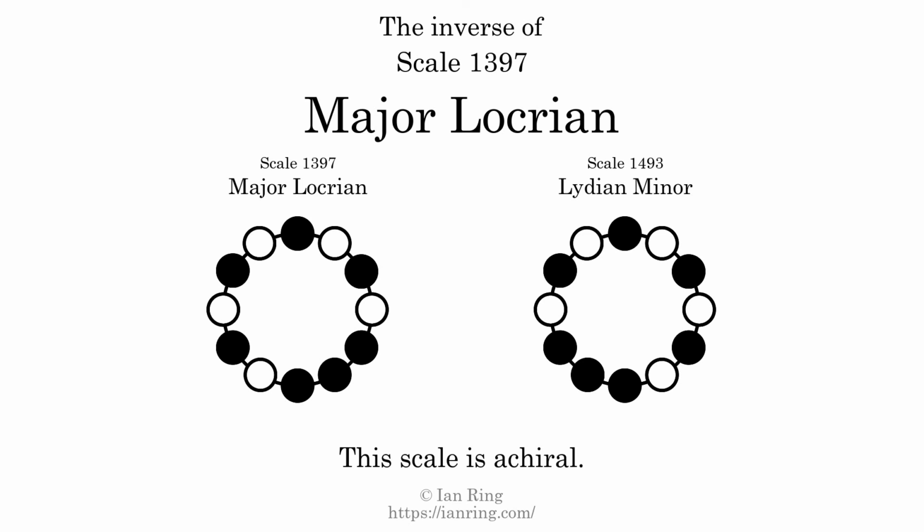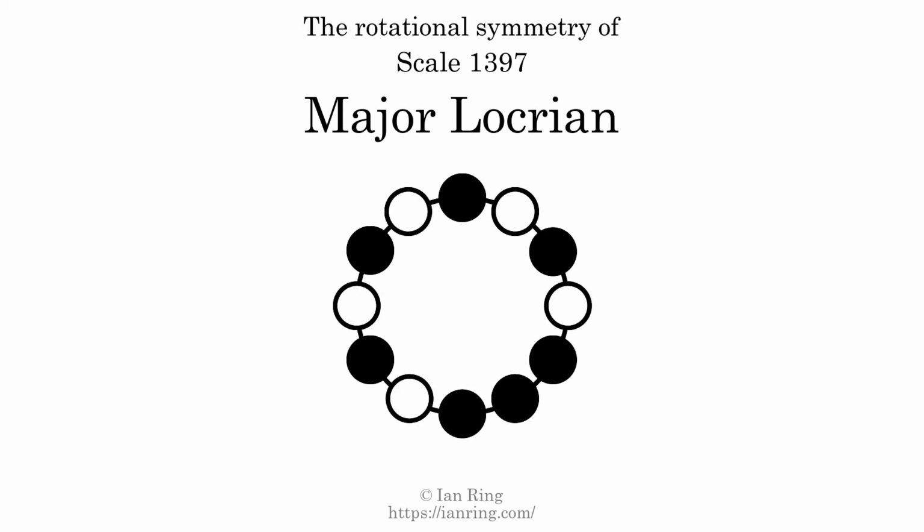The inverse of a scale is a mirror image. It is what you get when the sequence of intervals is reversed. The inverse of this scale is scale 1493, also known as Lydian minor. This scale is achiral, since it can transform into its own reflection by a rotational transformation. This scale has no rotational symmetry. For even more detail about this scale, visit